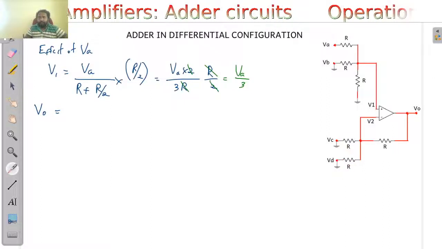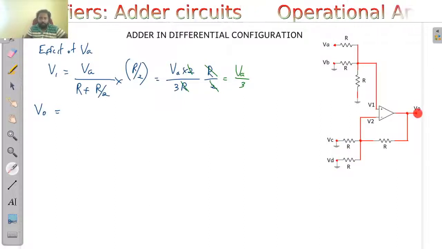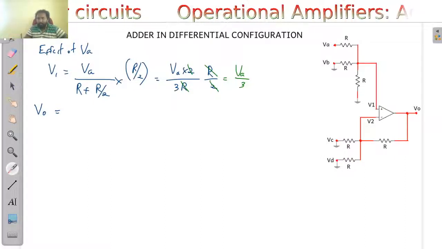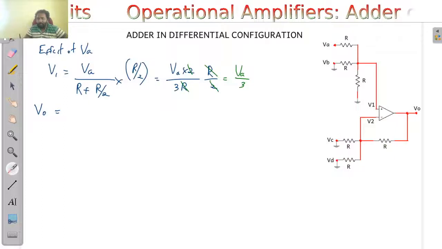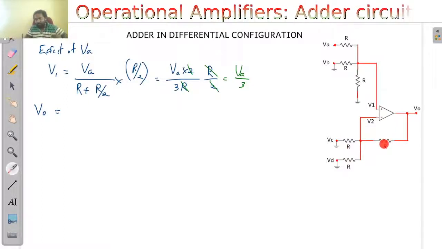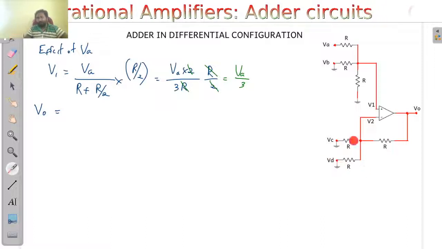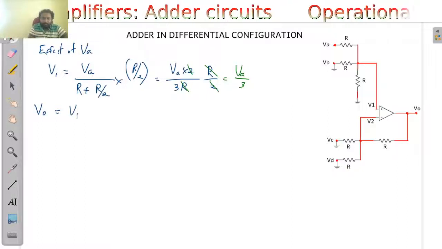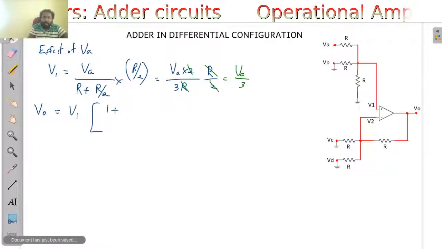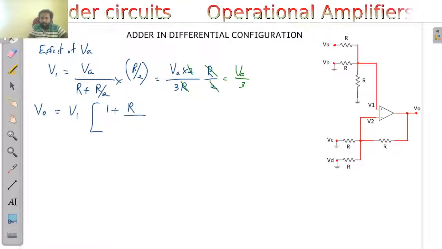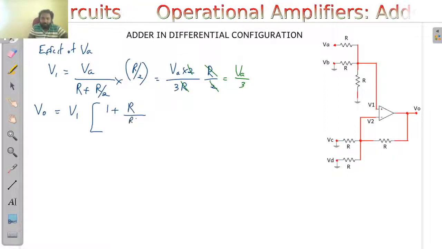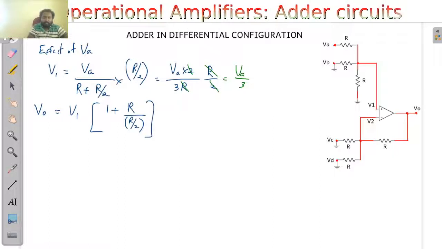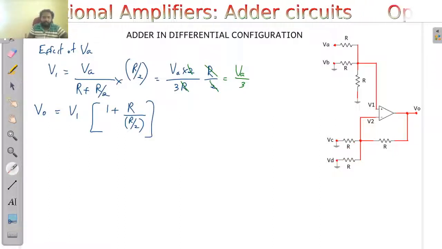For a non-inverting case, your output voltage is given by the input voltage at the non-inverting terminal times 1 plus this resistance by this resistance, that is 1 plus RF by R. Here RF is equal to R, and this is R by 2. So I am going to write it down. Your output voltage is equal to V1, the voltage at the non-inverting terminal, times 1 plus RF by R, where RF is R itself, and R in this case is R by 2. That is just because of the parallel combination here at VC and VD.